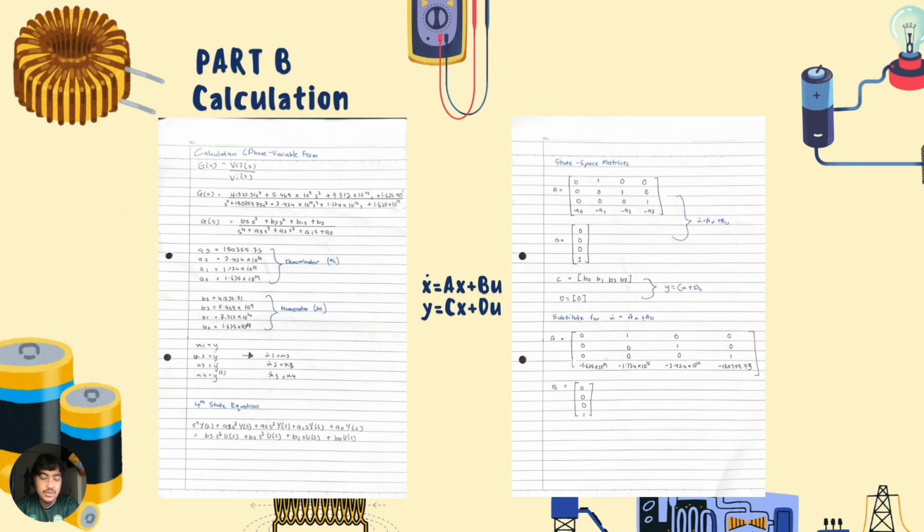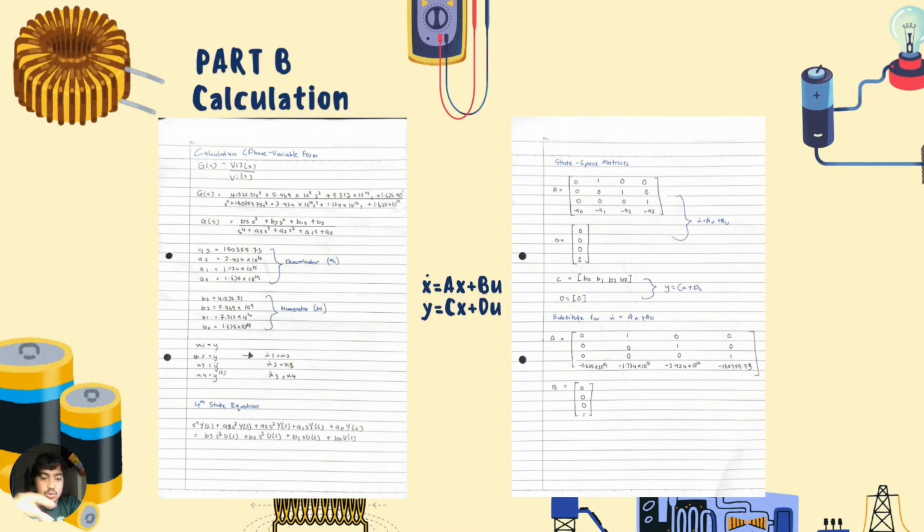This system is fourth order because the highest power in the denominator is the power of 4. Therefore, we need 4 state variables. Next step, define the state variables. For the phase variable, or what we call the controllable canonical form, x1 is equal to y, x2 is equal to y dot, x3 is equal to y double dot, and x4 is equal to